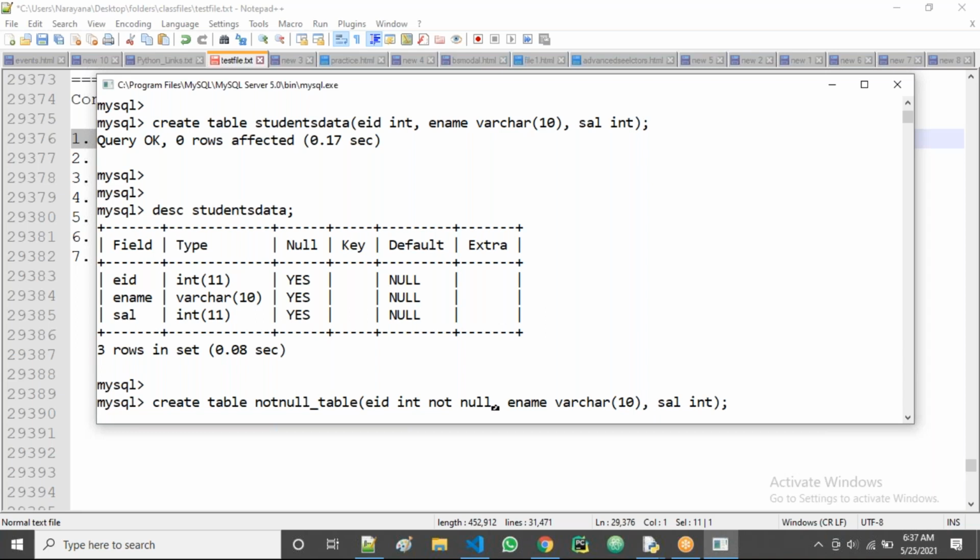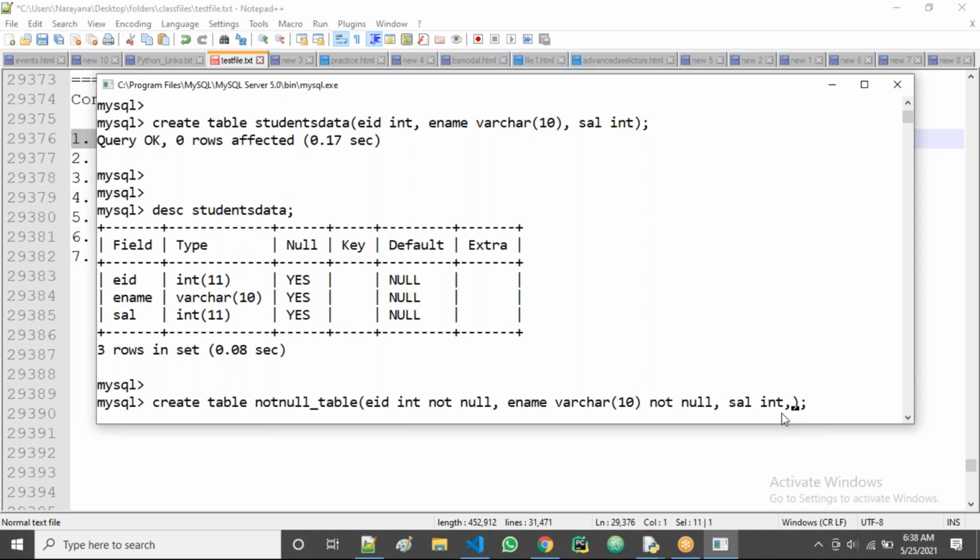For ename also, I don't want null values, so I give not null. For both EID and ename, I am giving not null.